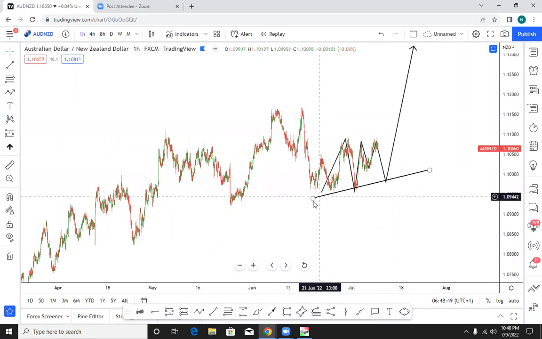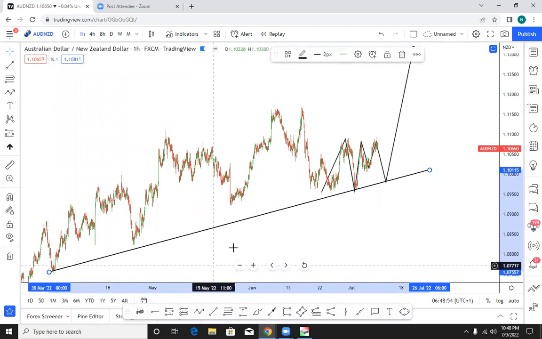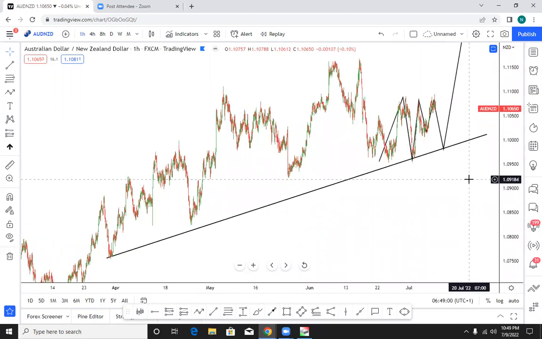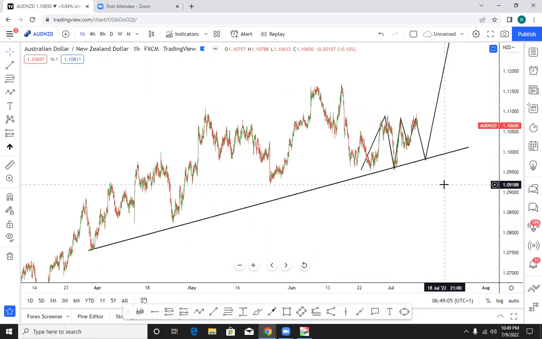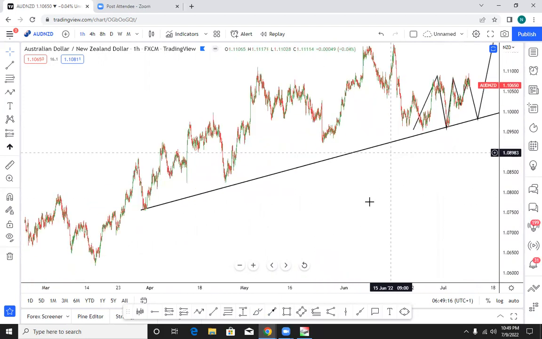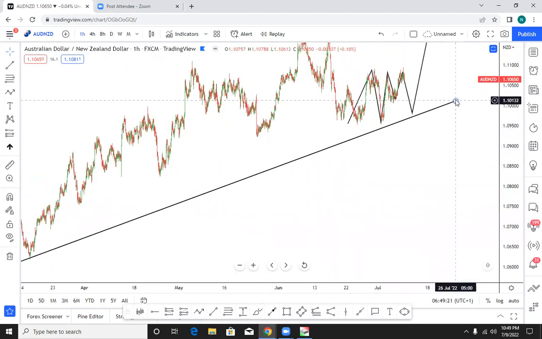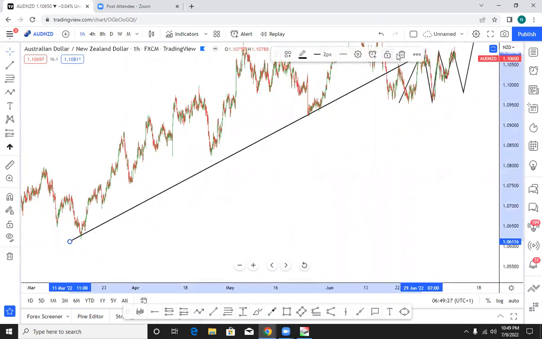Because to you, you can even extend it down here. You see, you extend it down here. Okay, you see why we don't trade trend line like that? We trade structure. We don't trade trend line. Structure is more important. Your trend line is just a guide for you and you alone. The trend line that works for you might not work for any other person. The way you are drawing it is different from the way another person is drawing it. Some people are drawing it to target this area, this level. Different ways of drawing it.